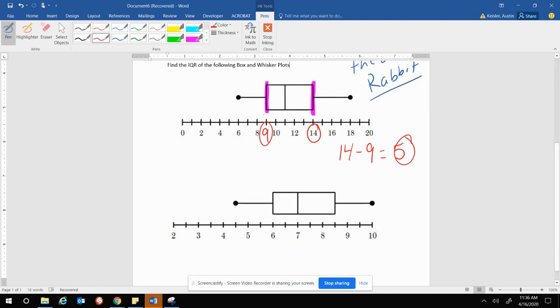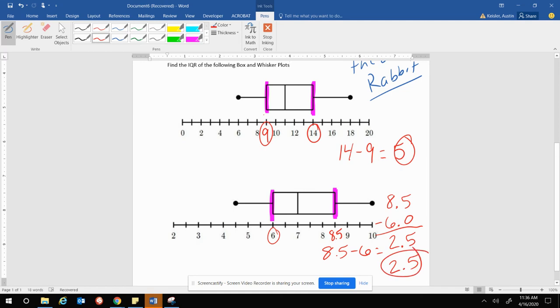Second one, exact same thing. I'm looking for my third quartile and my first quartile. I see that this one is halfway between 8 and 9, which makes it 8.5. And this one is at 6. So I've got to subtract those. 8.5 minus 6. Remember, when you subtract with decimals, you need to line them up. So 5 minus 0 is 5, and 8 minus 6 is 2. So I get